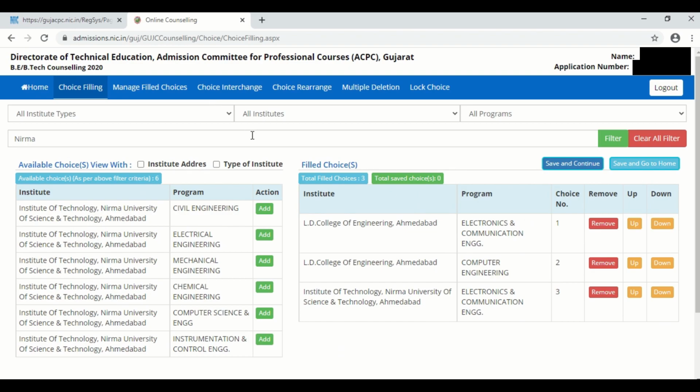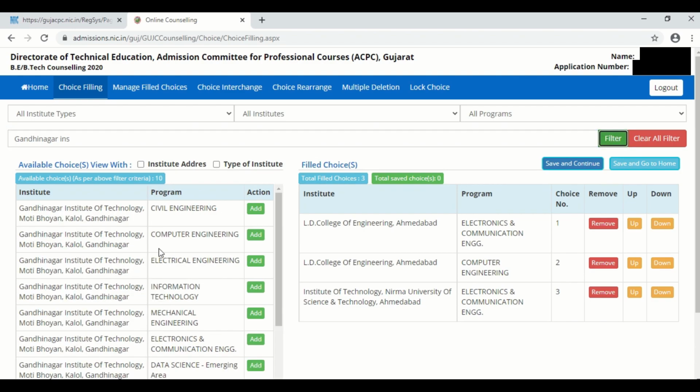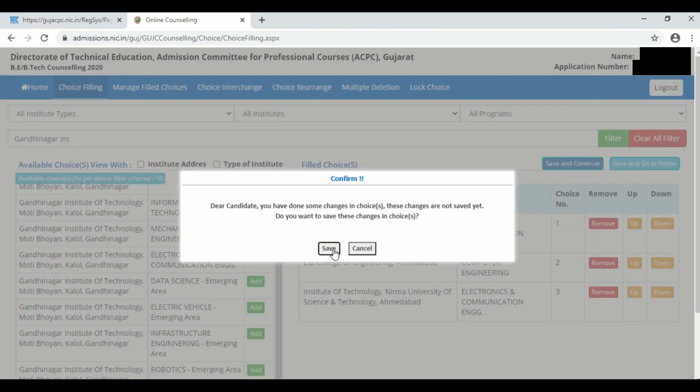Further, I want to add some private institute as well, so I am selecting Gandhinagar Institute of Technology here. And press enter. So it will show me all the courses that are available here. So let's say again randomly we are selecting a particular course.